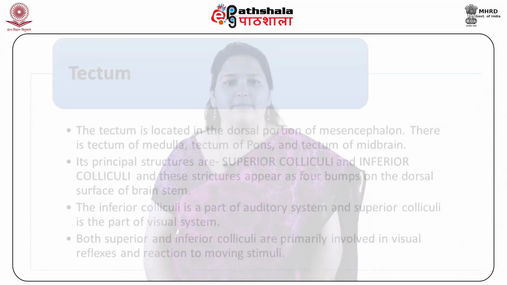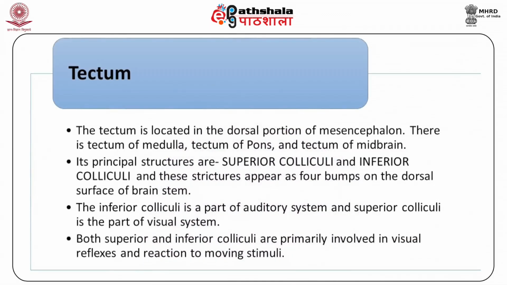Tectum. The tectum is located in the dorsal portion of the mesencephalon. There is the tectum of the medulla, the tectum of the pons and the tectum of the midbrain. Its principal structures are the superior colliculi and inferior colliculi, and these structures appear as 4 bumps on the dorsal surface